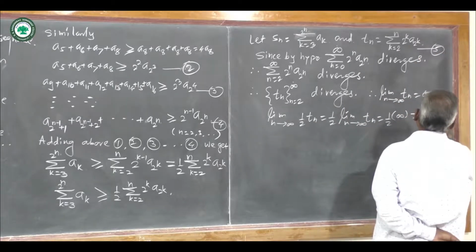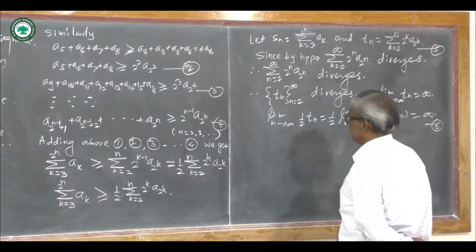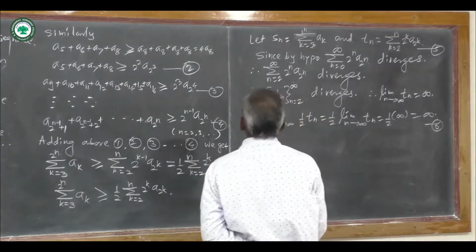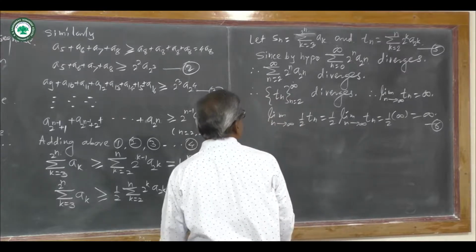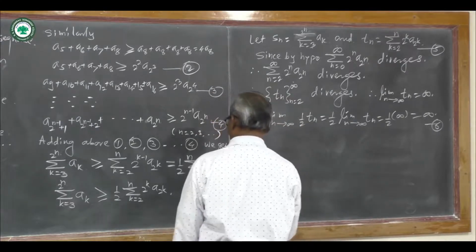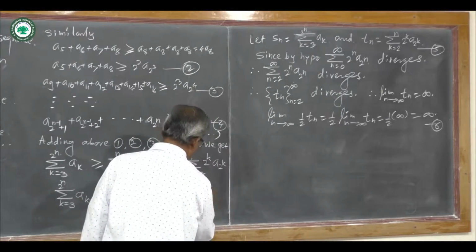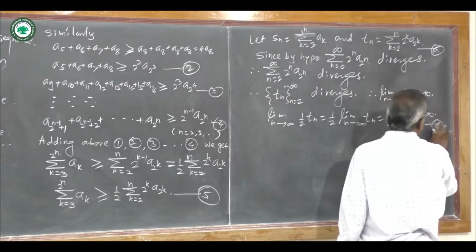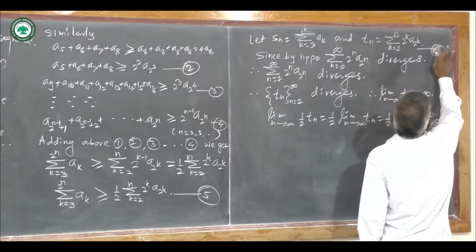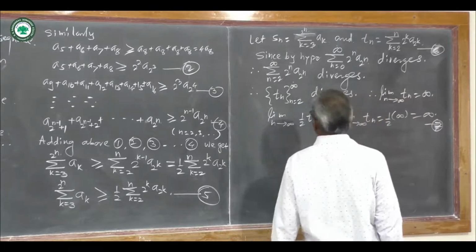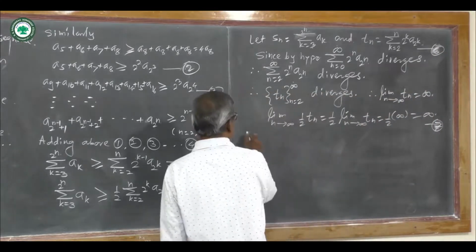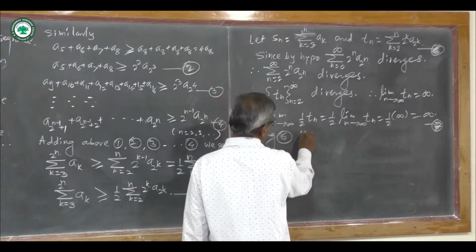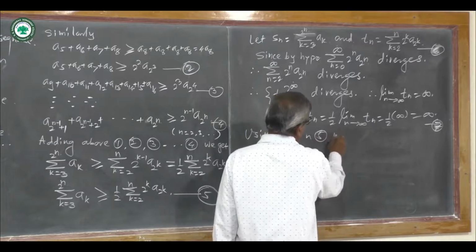This is say 6. Therefore, this is equation 5, this is equation 6, and this is 7. Using 6 in 5, we get